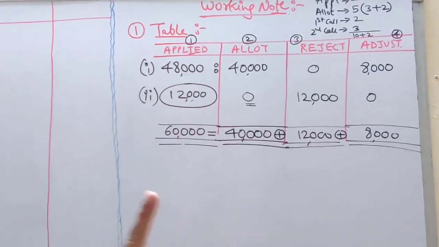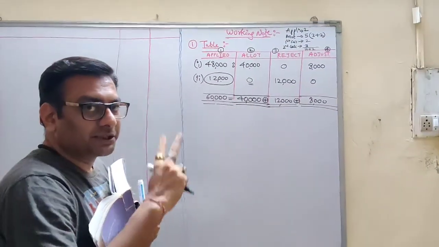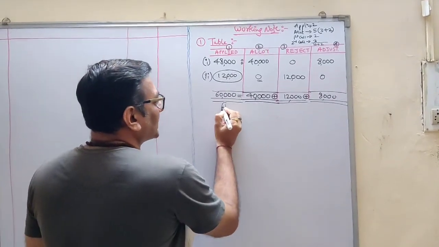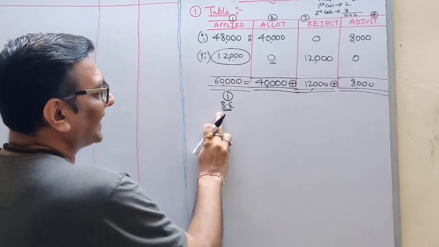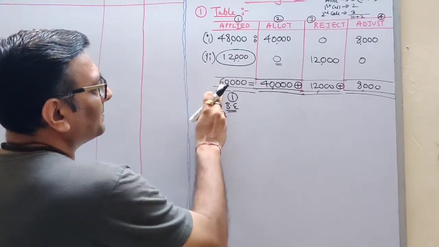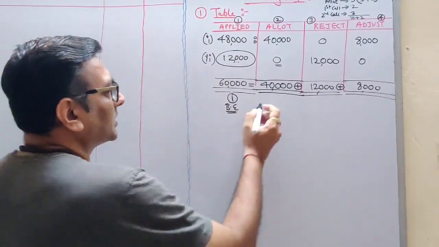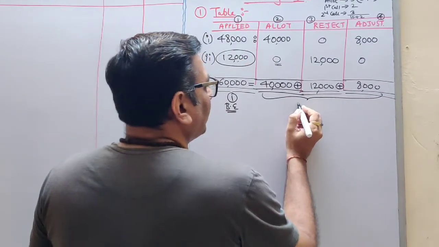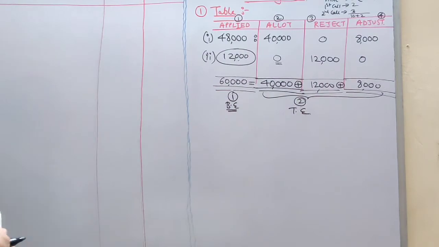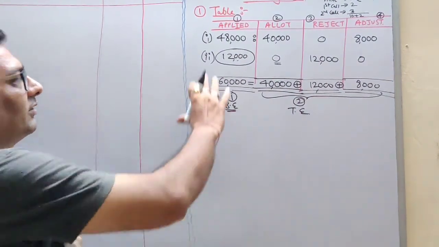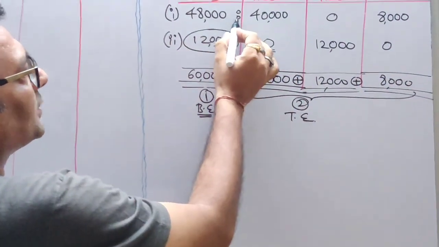One, you get to know that you are going right. Number two, it will help you to pass your first entry, the bank entry. Your first entry, the bank entry, will be with this many number of shares, 60,000. And these columns will help you to pass your transfer entry. Also, one more benefit of making a table, it gives you a ratio.